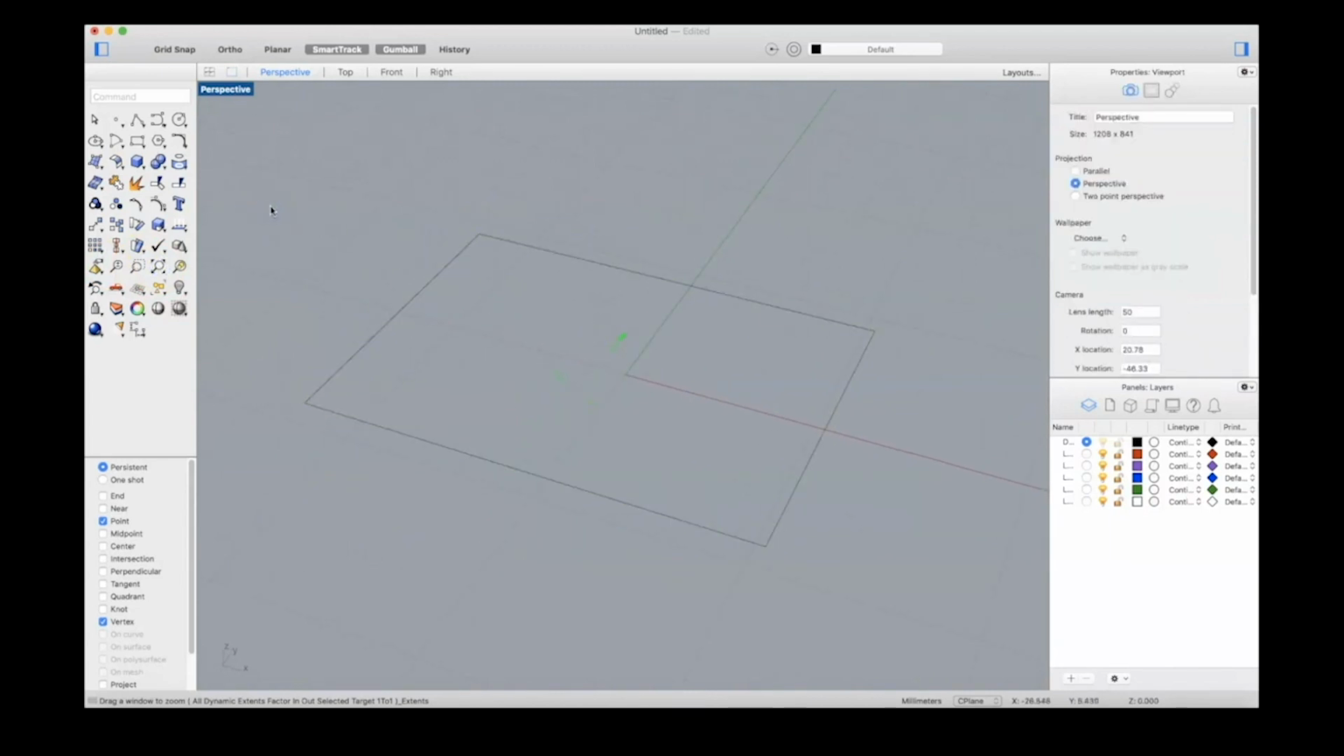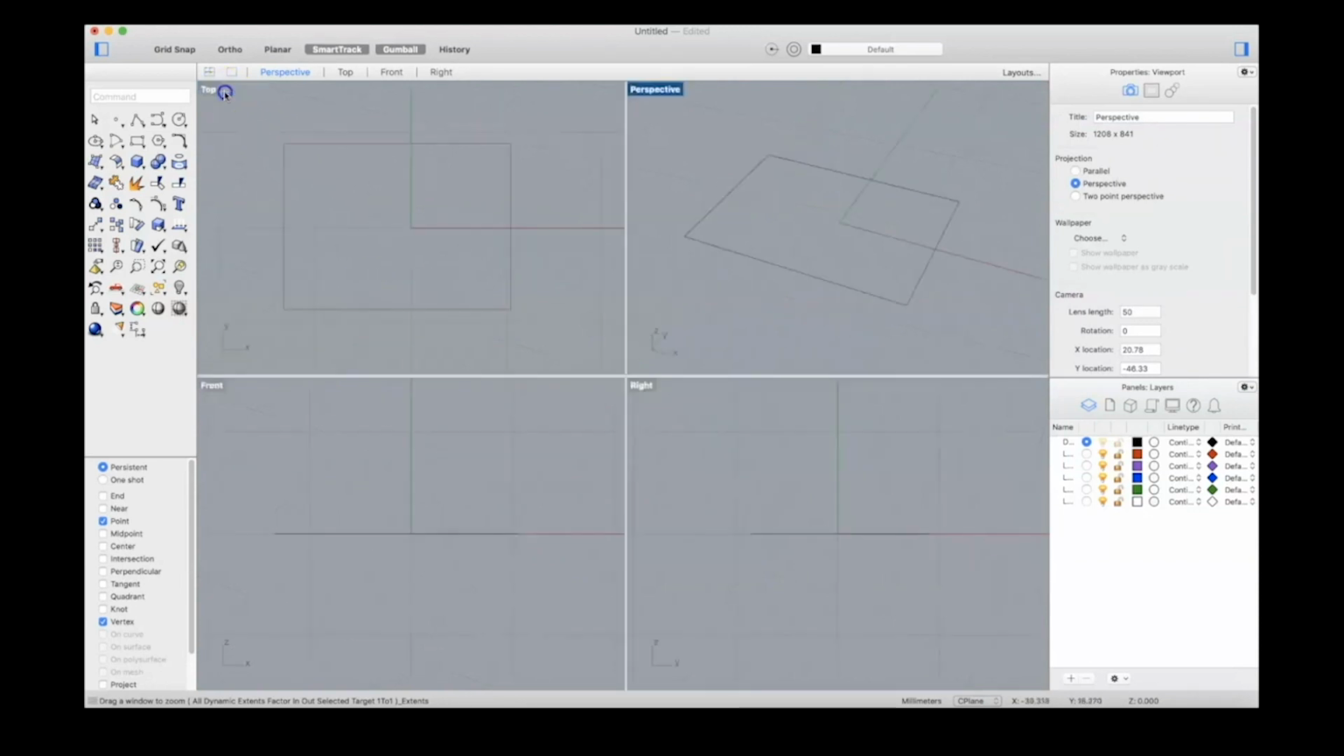Basically we won't get very deep into those because they are not important for this tutorial. If you want to return to your four view configuration, you can do this. Also, for the ones that don't know,